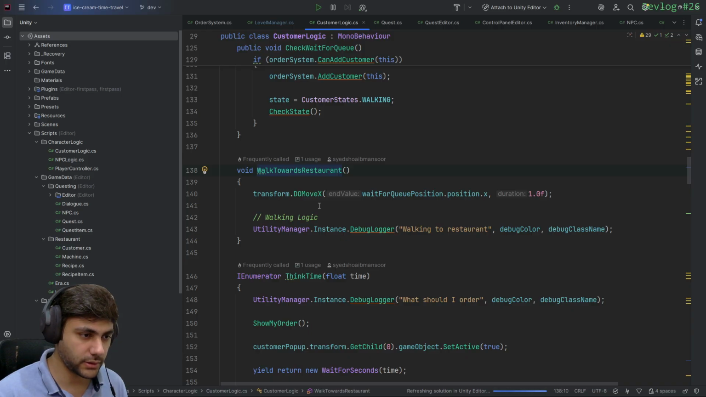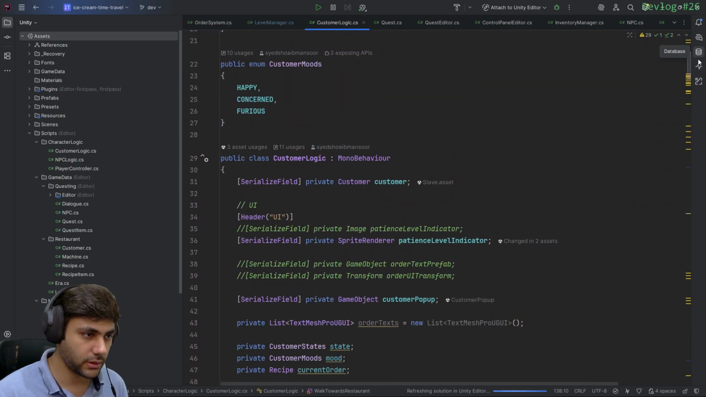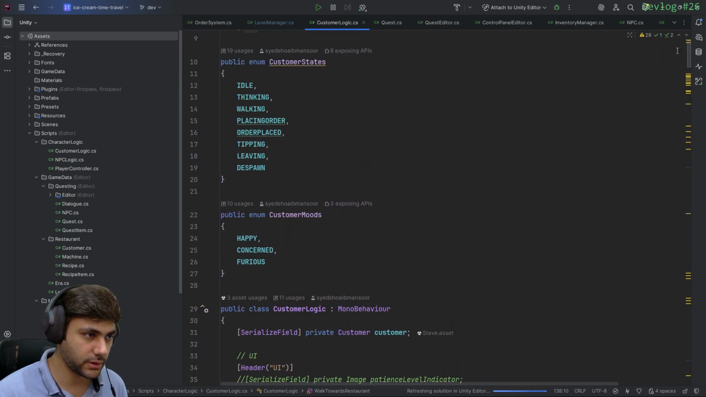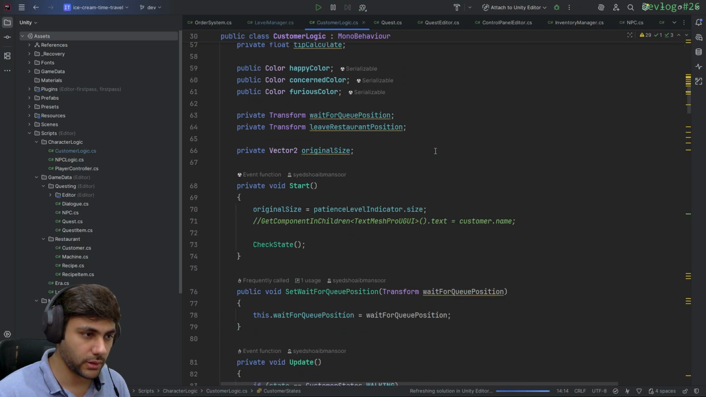If there is a slot, maybe I should add another state, which is idle, thinking, walking, placing order, tipping, leaving, despawn. Okay, maybe idle and then waiting for turn, I guess, for turn, and then